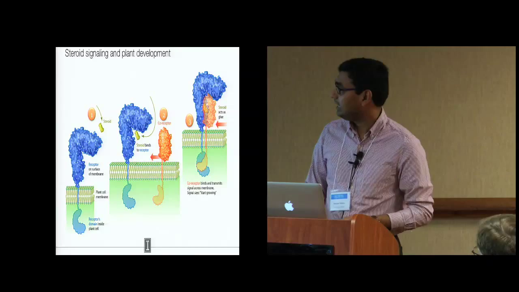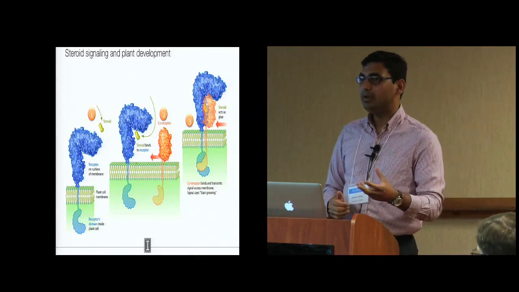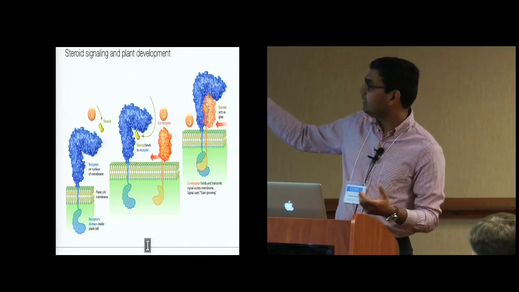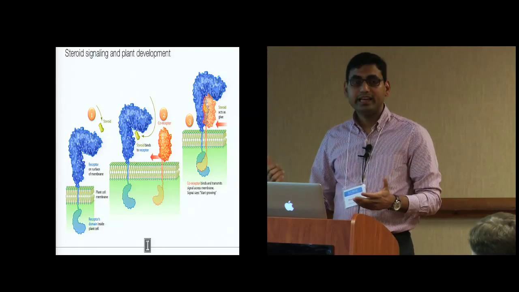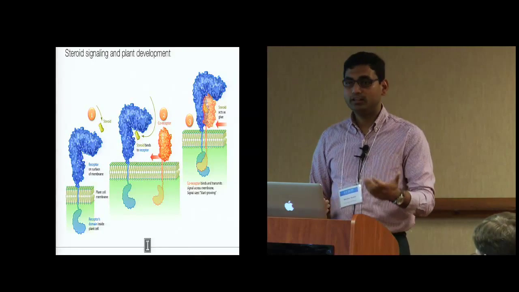We are trying to understand this particular receptor, which is called the BRI1 receptor. It's important for plant growth. So a steroid hormone is going to bind this receptor, and then it recruits other receptors and then signals the plants to grow. Can we have interventions in this process of signaling such that it promotes plant growth?